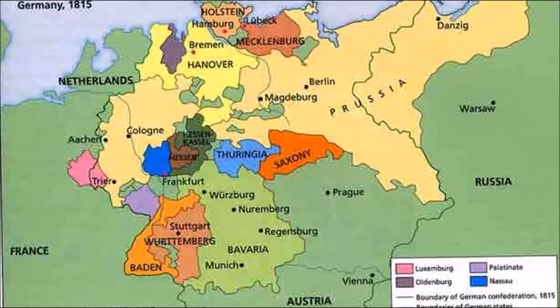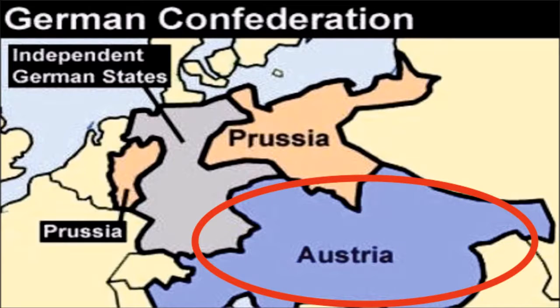Some were big like Austria and Prussia, whereas the others were very small. The German Confederation was presided over by Austria, as it was decided at the Vienna Congress. The Austrian ruler did not show much interest in Germany, but at the same time opposed the spirit of nationalism in Germany and also did not allow the German Confederation to become powerful and always tried to keep Germany weak